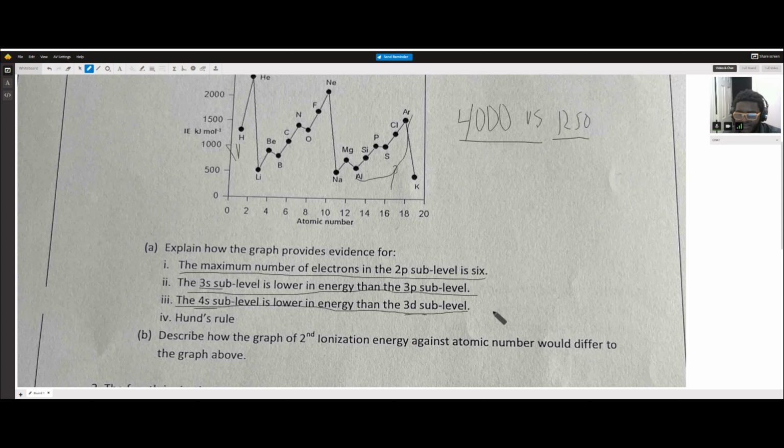4s and 3b should be. And how do we do Hund's rule? Well, Hund's rule states that electrons prefer to fill an orbital singly, rather than doubling up inside an orbital, because of the repulsion forces between the two. And so we can see here, one electron fills, 2 electrons fill, 3 electrons fill, but there's a reduction